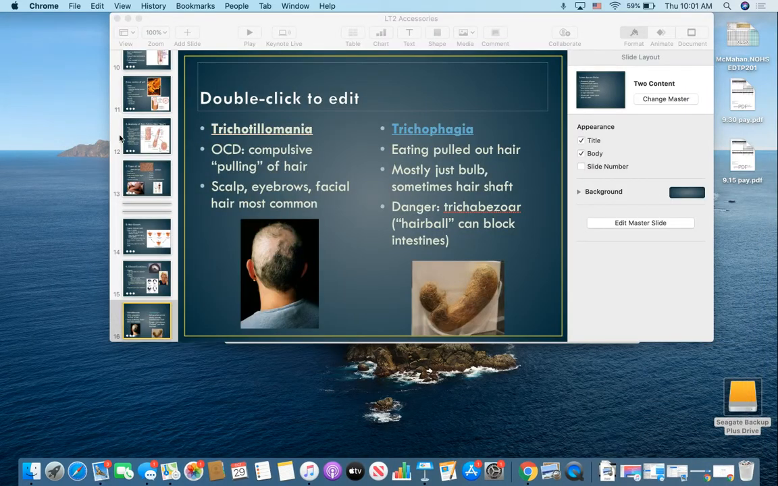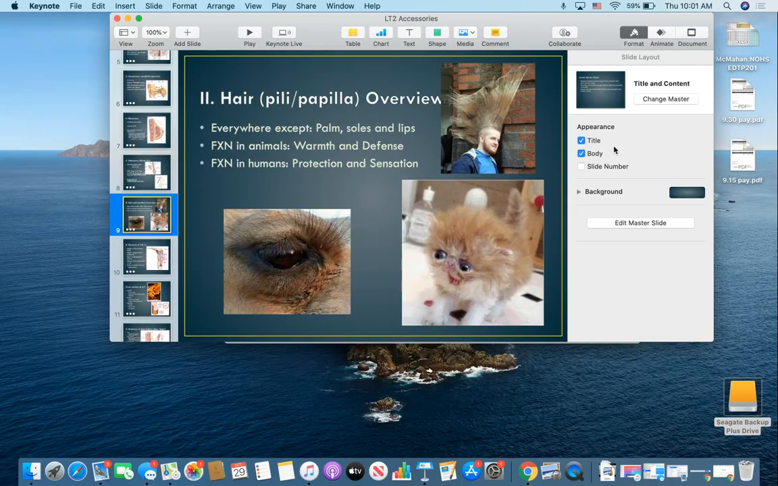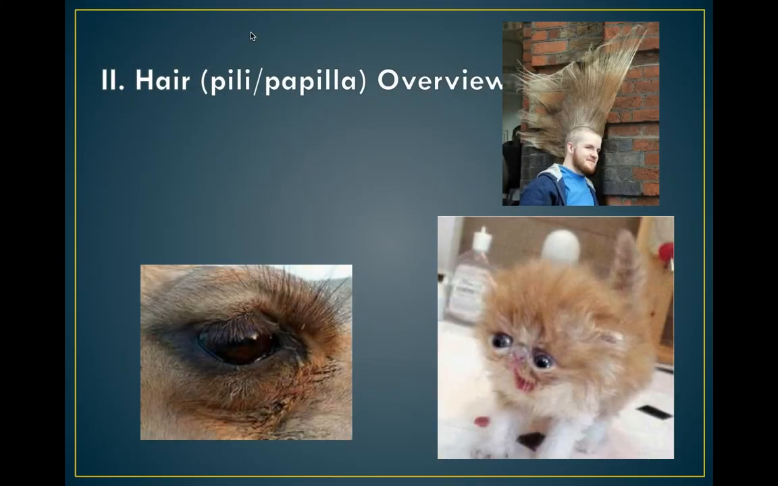All right, guys, we are going back into the second section of our hair notes. So let me get this rolling. I believe we saw this slide in class. So, overview of hair: located everywhere except the palms of our hands, soles of our feet, and